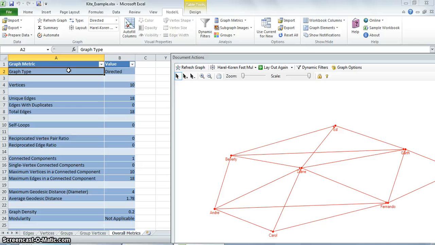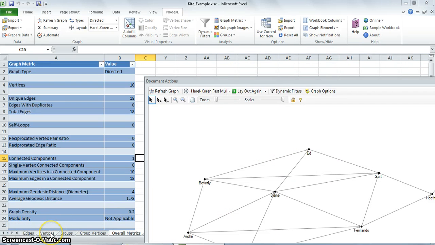This column shows us if the graph is directed or undirected. It has 10 vertices. There are a total of 18 edges. The maximum edges in a connected component are 18. The average geodesic distance is 1.78. The density is 0.2, and modularity is not applicable.